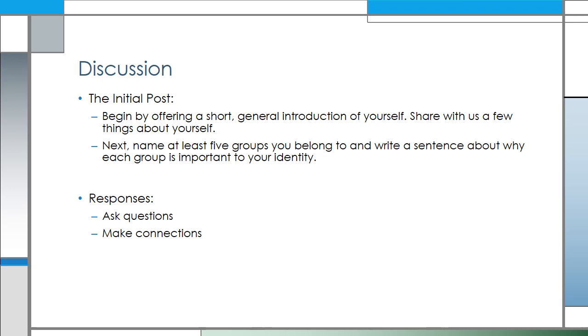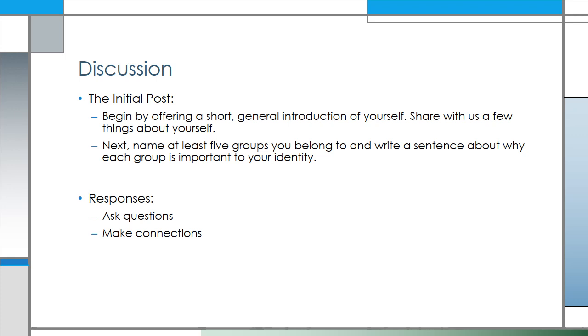Discussions in this class will have 2 parts. There will be an initial post. That'll usually be due about Wednesday. Then you'll need to respond to 2 classmates. Those responses will need to be done by Sunday. One thing to keep in mind as you launch into any discussion and into really any online class at CCCOnline is that you need to be logging in and participating on multiple days. Ideally, you'll log in on at least 3 separate days, and we'll be able to see that you did that